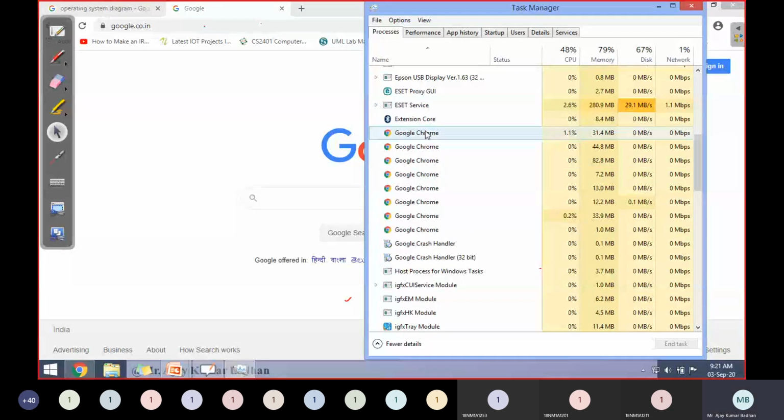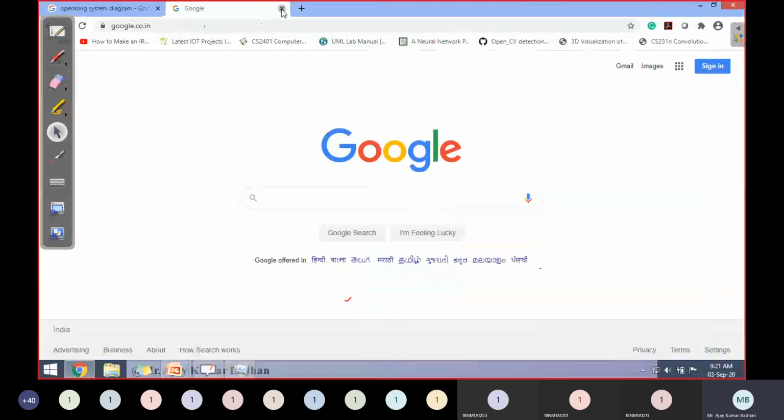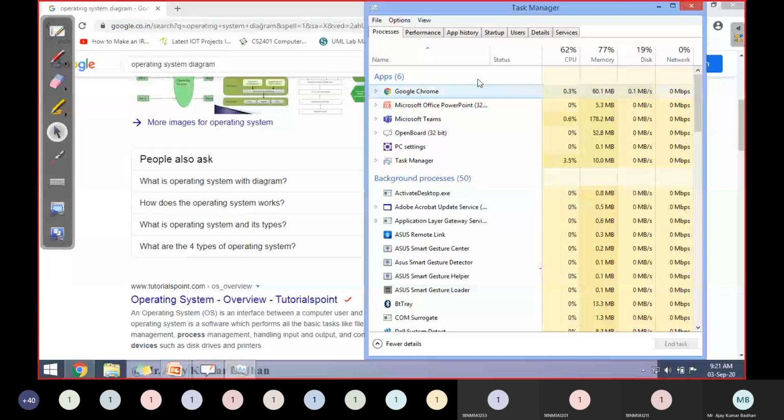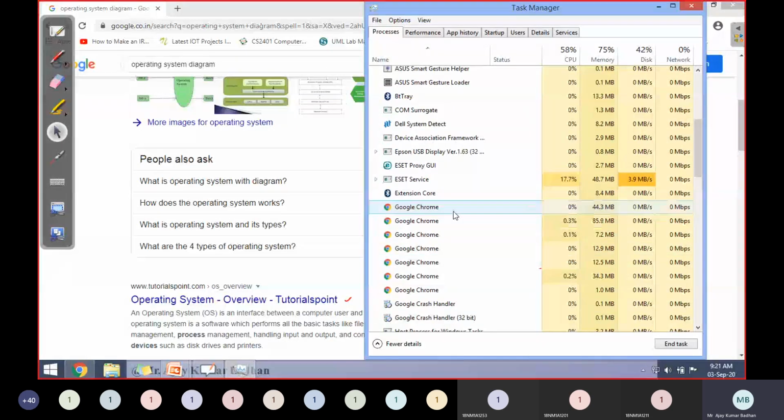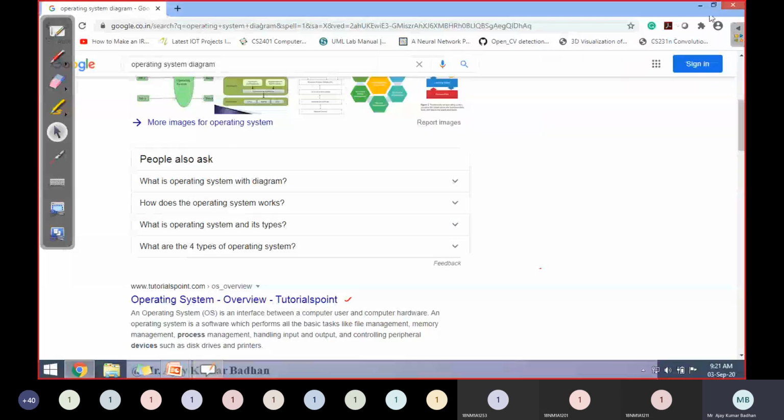In the background, see here. How many Chromes have been opened up in the background? These all are related to this. I have created another tab now. So these are open. Now if I close this tab, you can see here, the number of Chrome processes will automatically get reduced. So this is related to your background thread. These are something like threads, not exactly threads, but internally these will have different threads, and those threads will be handling your operation. Okay. So this is the way it actually works.